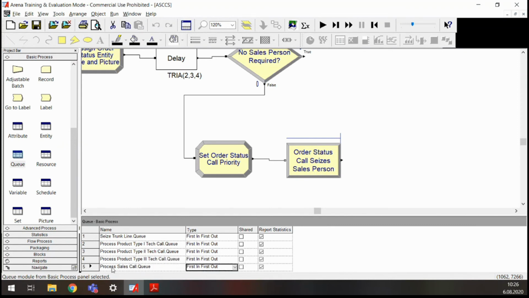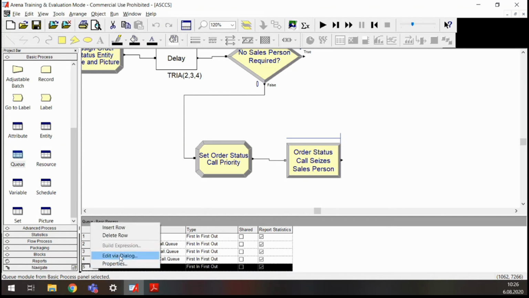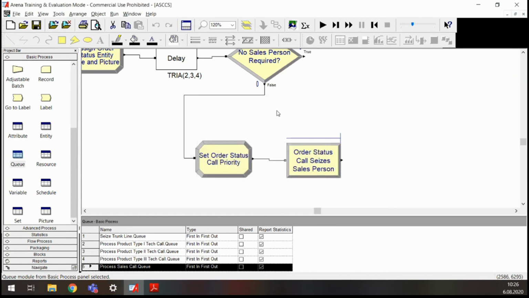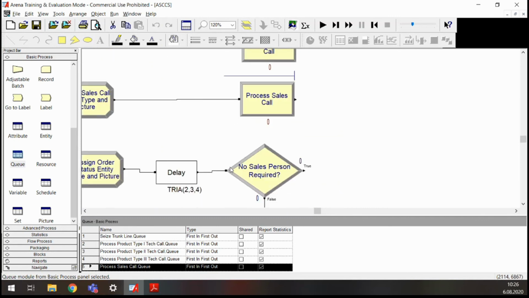So instead of first in, first out here, let me right click on it and say edit via dialog box. Here, the type of the policy, queue discipline, is going to be lowest attribute value or highest attribute value. Which one should I choose? Now you see the people who are coming from this path, let me show that to you, are changing their call priority to 1. And the people who want to get the sales information have my sales call priority equal to 0. So because we are going to give the priority to